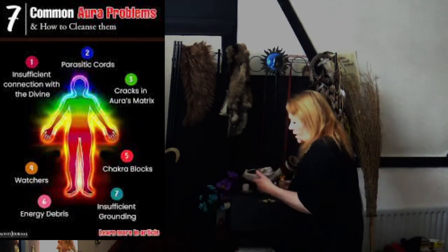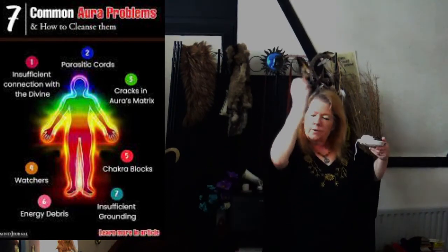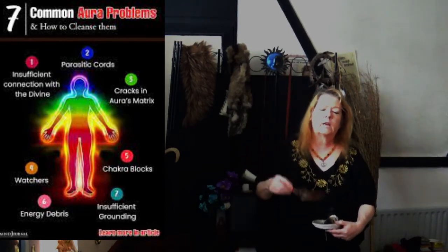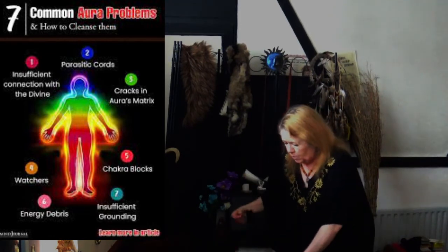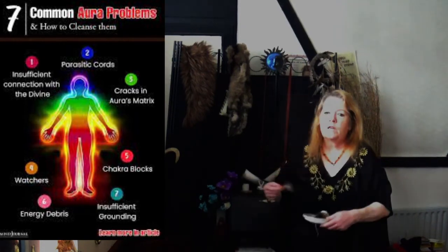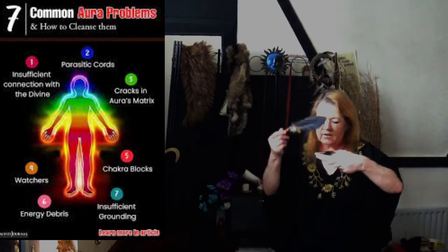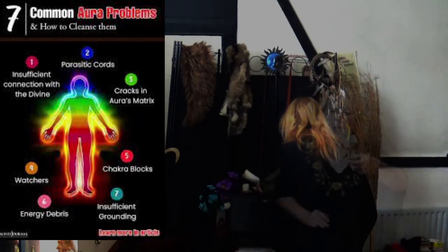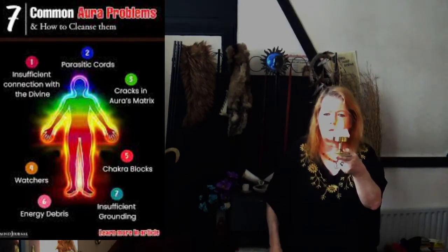Get the sage again, guys, and we are putting it all over, all around us. You are going to be feeling a mixture of sensations. You're going to feel very vulnerable, very open, and sometimes it's very hard to deal with. You will have visions and things showing you areas that you will need to be dealing with. You want the light, and you need to look into the light, into the flame, and at the same time